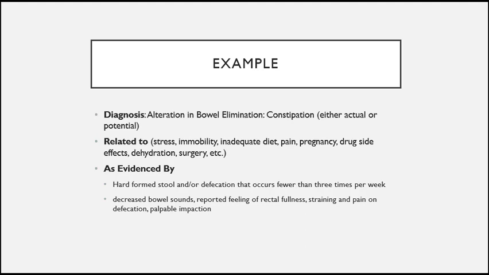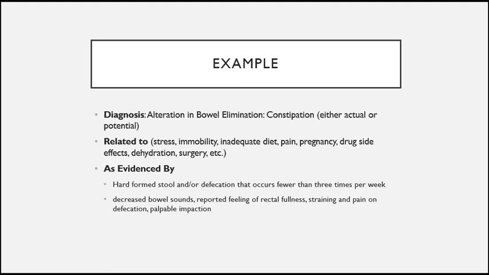If we think someone's headed that way because now they're taking pain medications, for instance, and we know that that can cause constipation, or they become more inactive, or they're dehydrated, that sort of thing, that would be a risk of. In this case, it looks like this is an actual. Related to, these are some examples: stress, immobility, inadequate diet, pain, pregnancy, drug side effects. I'm not saying this person had all of those things. I'm giving you some examples of the related to, or the etiology or the reason for the diagnosis,